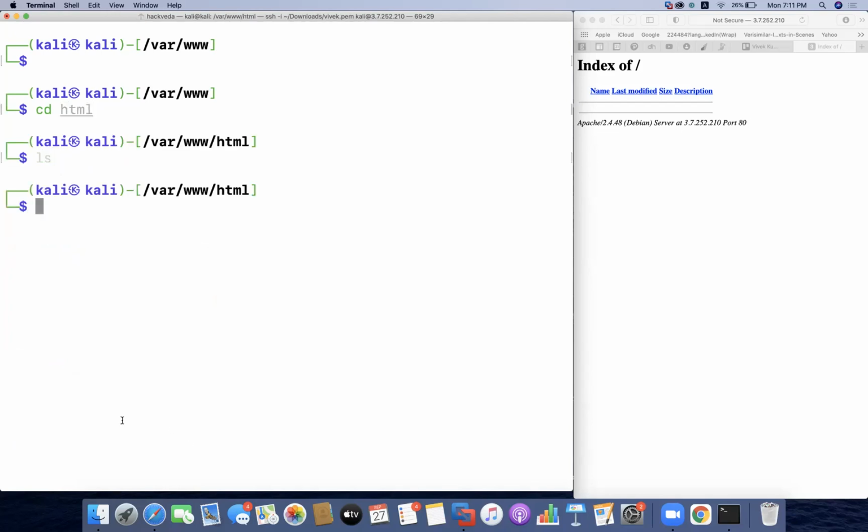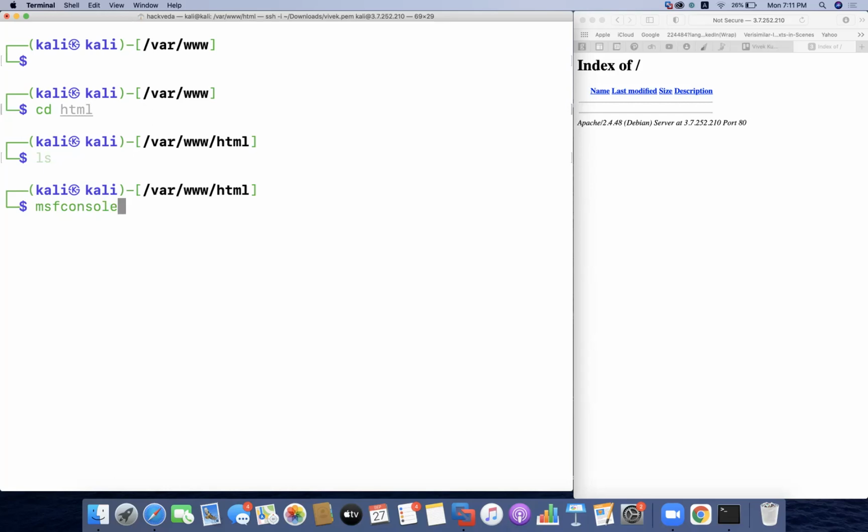And now here in the HTML directory, I'm going to get started with the Metasploit framework. The Metasploit framework can be started using msfconsole. msfconsole gives you command line access to the Metasploit framework. The Metasploit framework gives you a list of exploits and payloads. With the exploits, you can exploit remote machines without giving them a binary payload. But in today's session, we are going to understand the concept of directly giving an executable file, which might be a virus. Once the user runs it, we are going to get the shell.